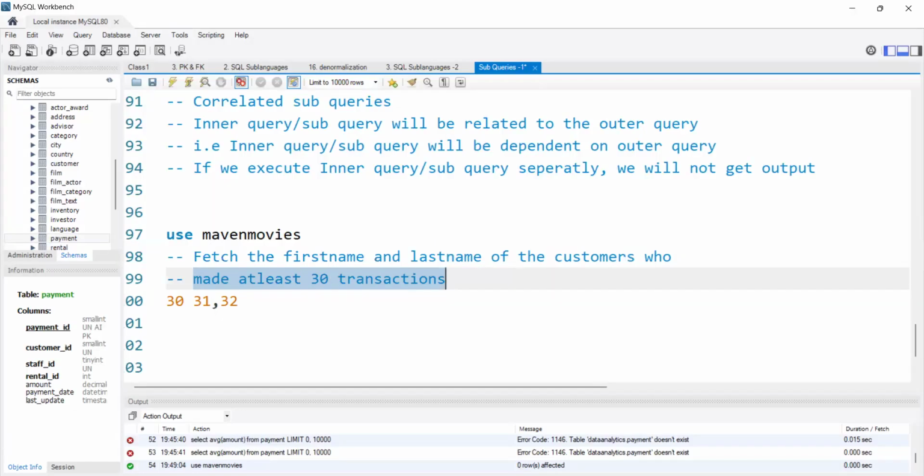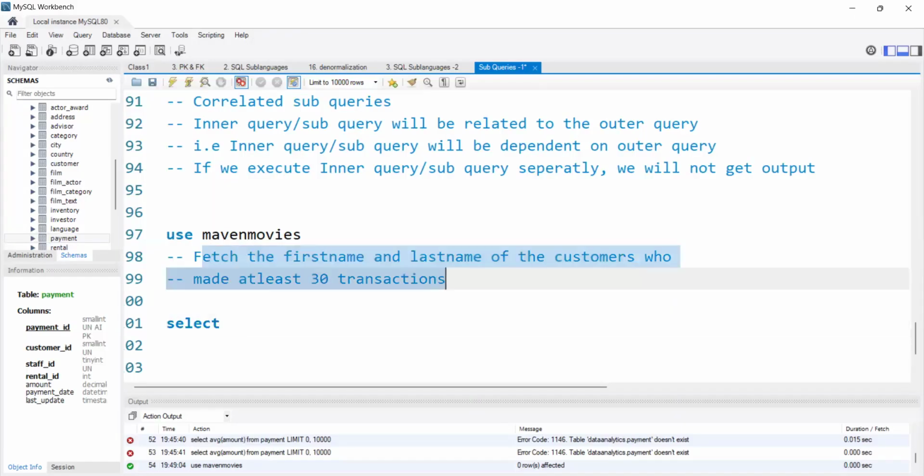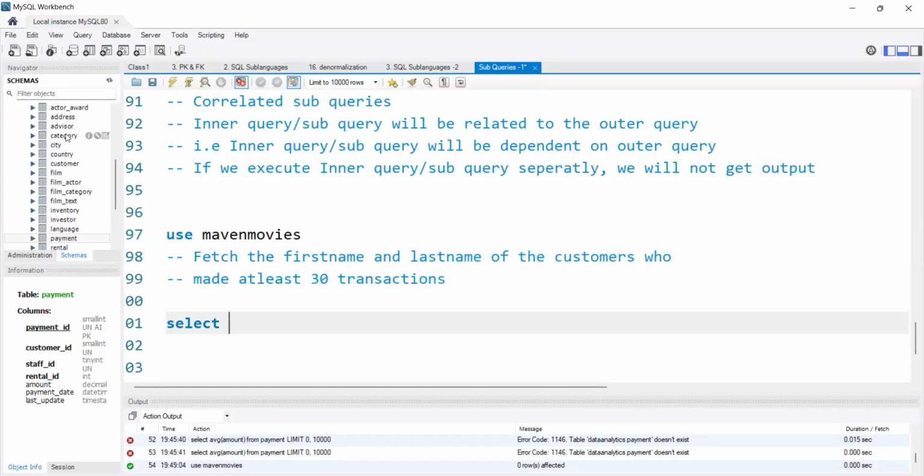That will be my inner query for sure, correct? So let me write it normally. First I need to fetch the first name and last name, so from the customer table I have first name, comma, last name,